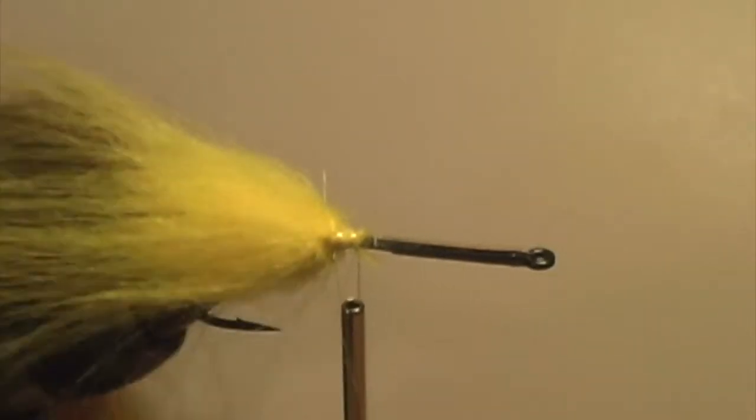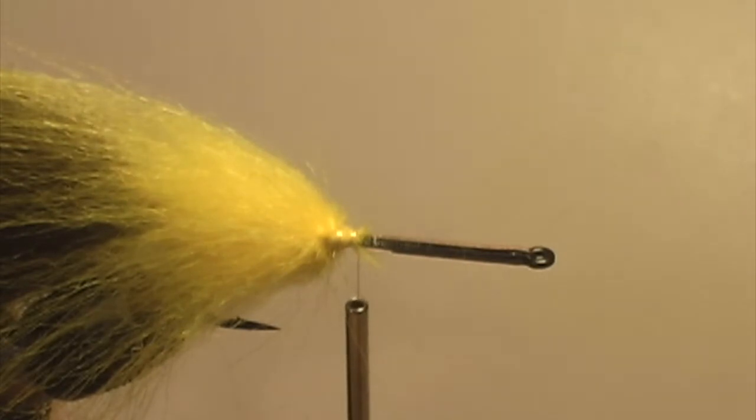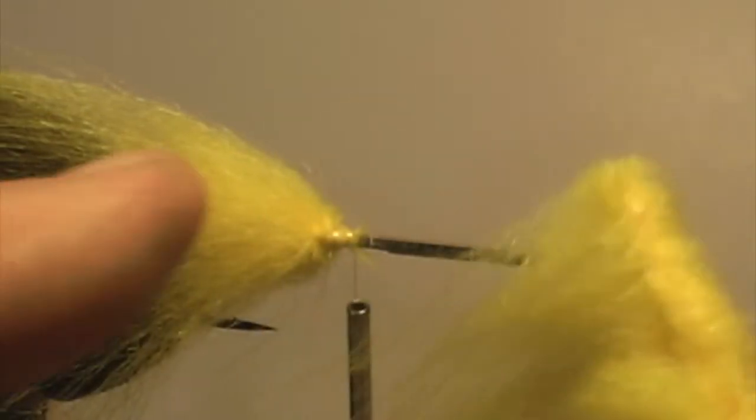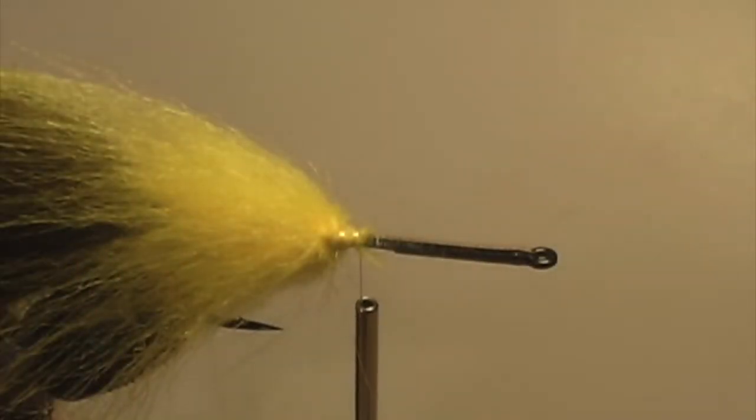Now because I'm more in the center of the fly here, I'm going to want to add another tuft on top, just like we did on that last section, because I want to build that profile a little higher. So same thing, I'll tease out some of the material, I'll cut it off. Usually takes about an inch is all you'll need. So I've got about an inch of this exposed here. I'll trim that off of the backing,